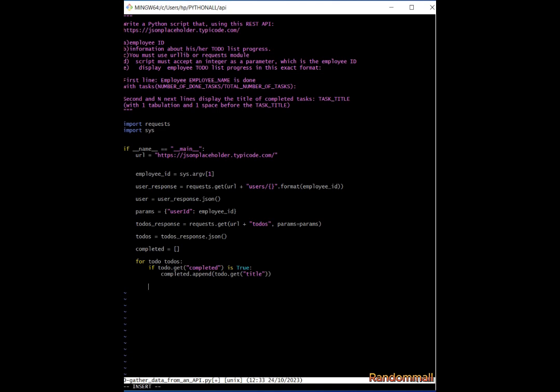And then when we are done, we break out of the loop. So next thing to do is to print out the needed information in the request format for the first line. That is employee Elvin Hall is done with task 8/20, that kind of thing. So say print,